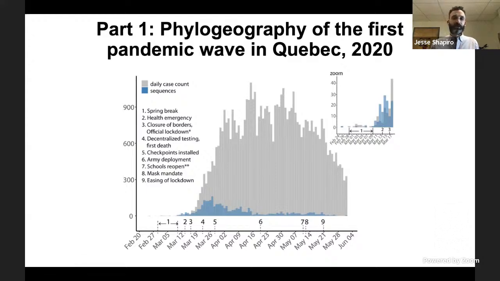And then finally cases started to come down and some of these measures started to be eased towards the end of May, okay? So early on in the pandemic, I started asking, are we sequencing these viruses? Who's doing it? Can I help? And I got in touch with the Quebec Public Health Lab, colleagues at the McGill Genome Center, and quite early on, we started to